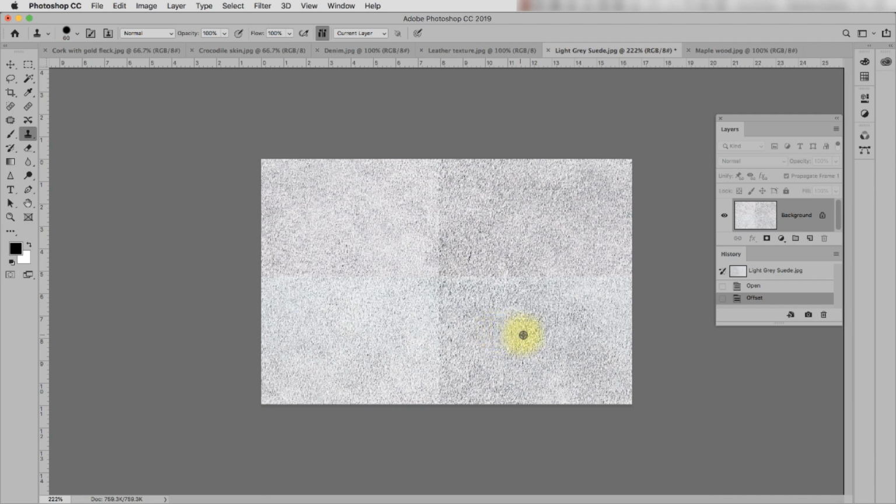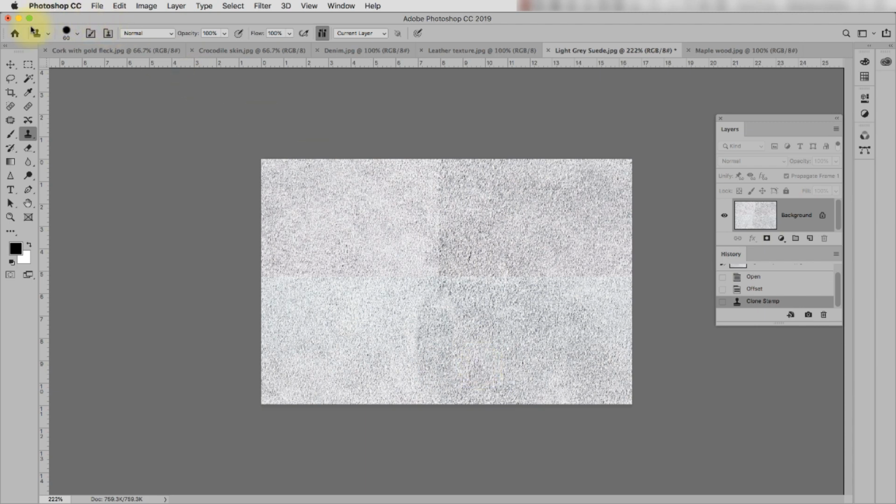To target an area, I select the Clone Stamp tool and hover over an area and hold the Alt or Option key down, and the target symbol appears. Now, when I click my cursor onto the area, it is targeted. And when I move my cursor away to the area I want to retouch, you will see a preview of the area you are copying in the brush.